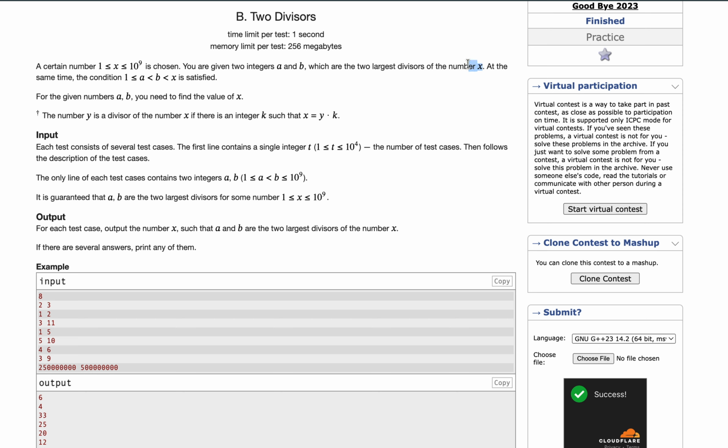Forgive me, I've got a cough and cold, so I might cough. Well, apart from that,